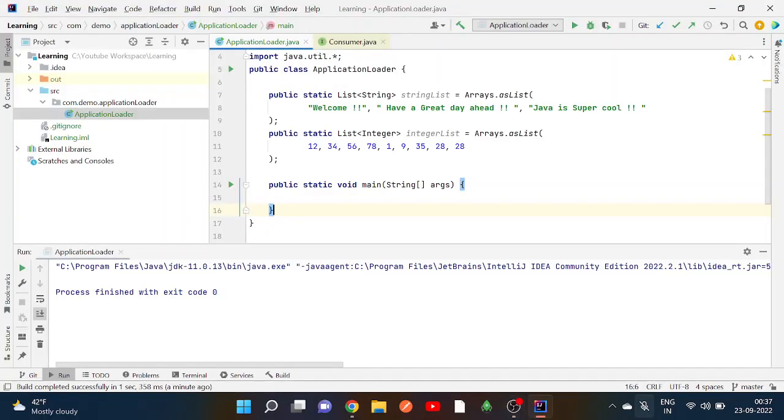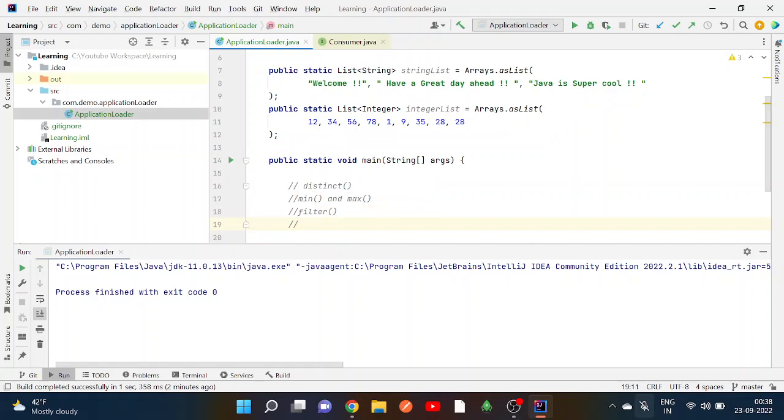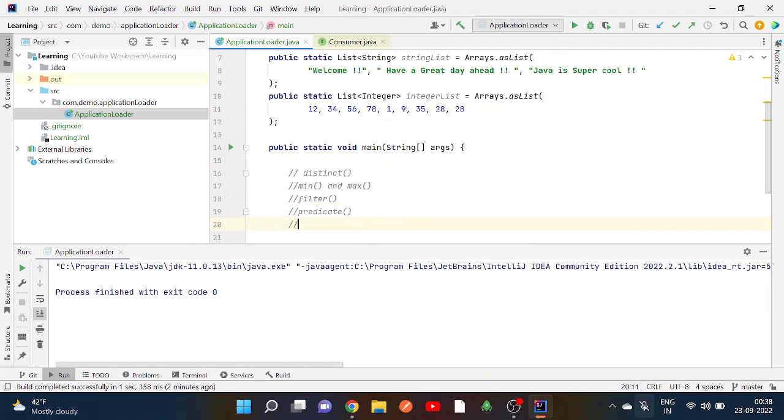Hello everyone. So in today's lecture we are going to learn about a few topics related to Java 8 stream. Here we are going to learn about the first thing, which is the use of the distinct method. Then we are going to learn about the use of the min and max methods. Then after this we are going to learn about the filter method. After this, we are going to learn about the predicate interface, and then we are going to see about the